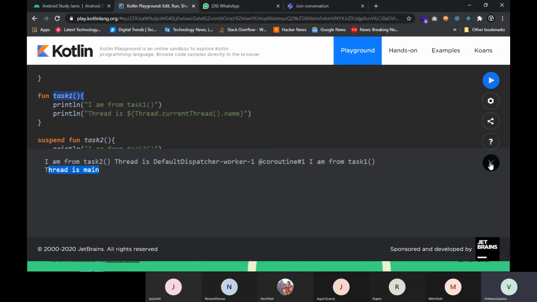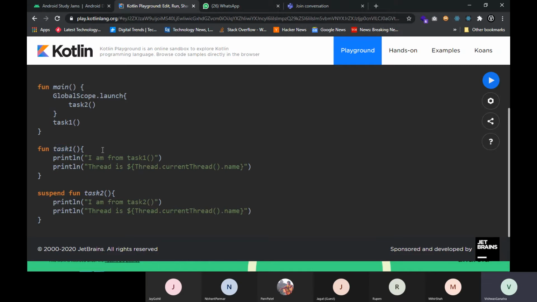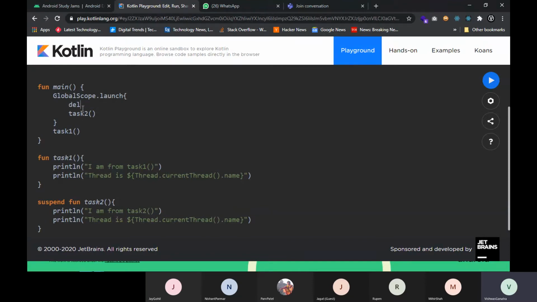So here you can differentiate that both functions are not executing on the main thread, but they both are executing on different threads, parallelly. And if you want to delay this, then you can do something like 1000L.